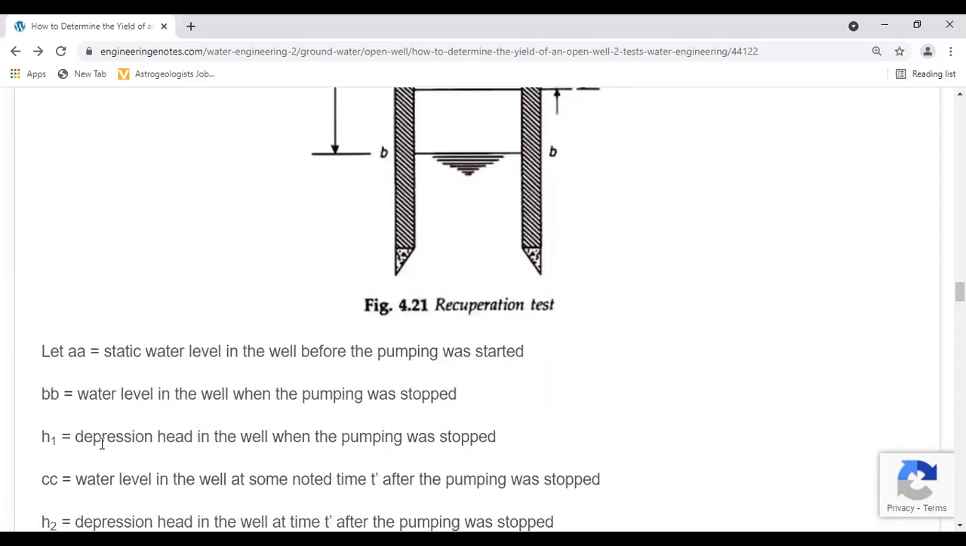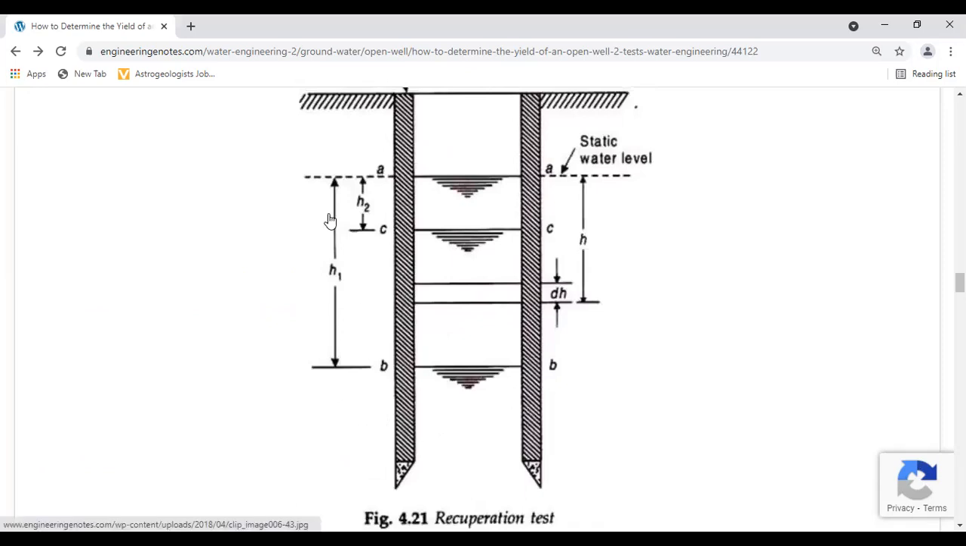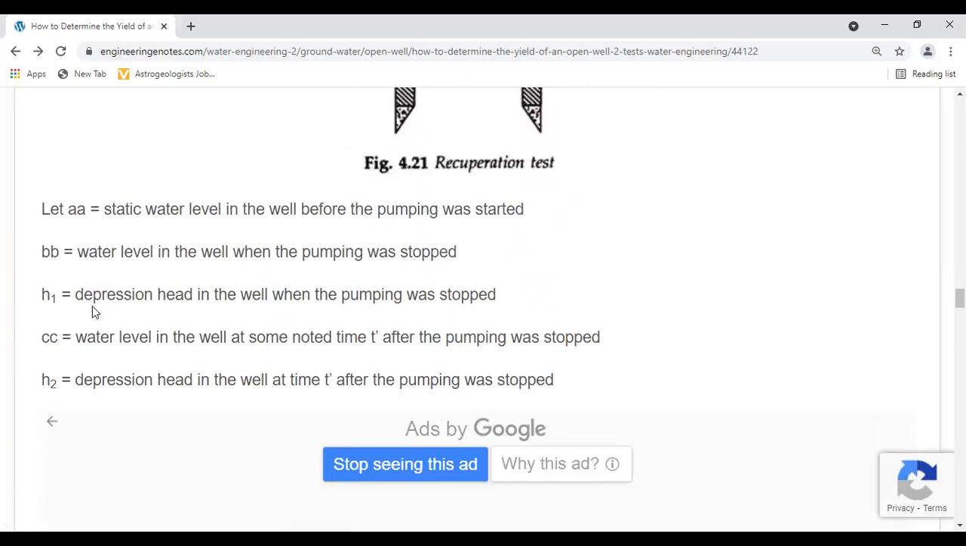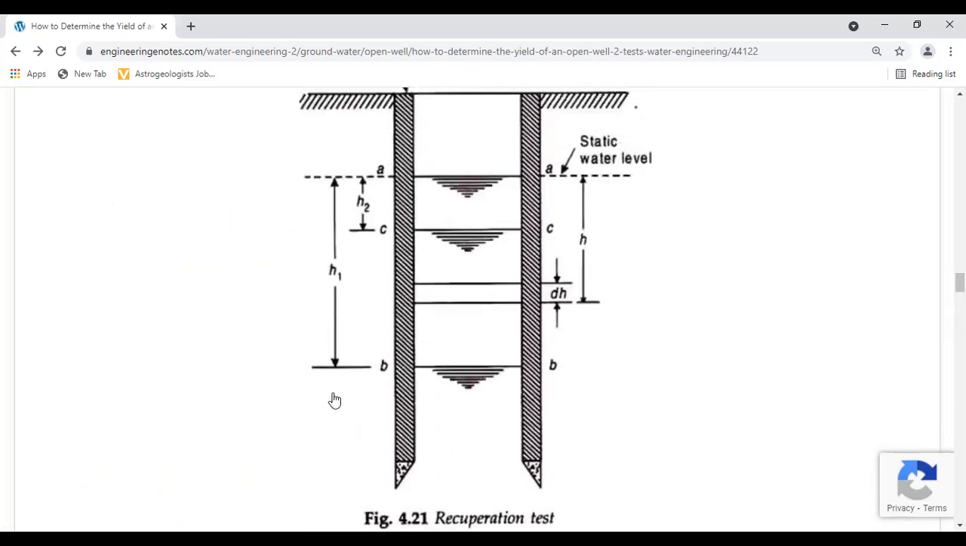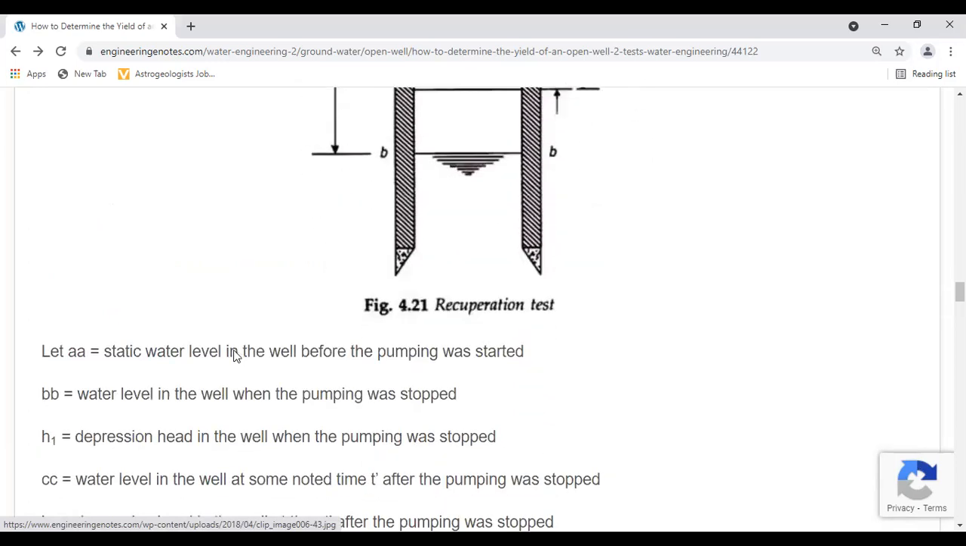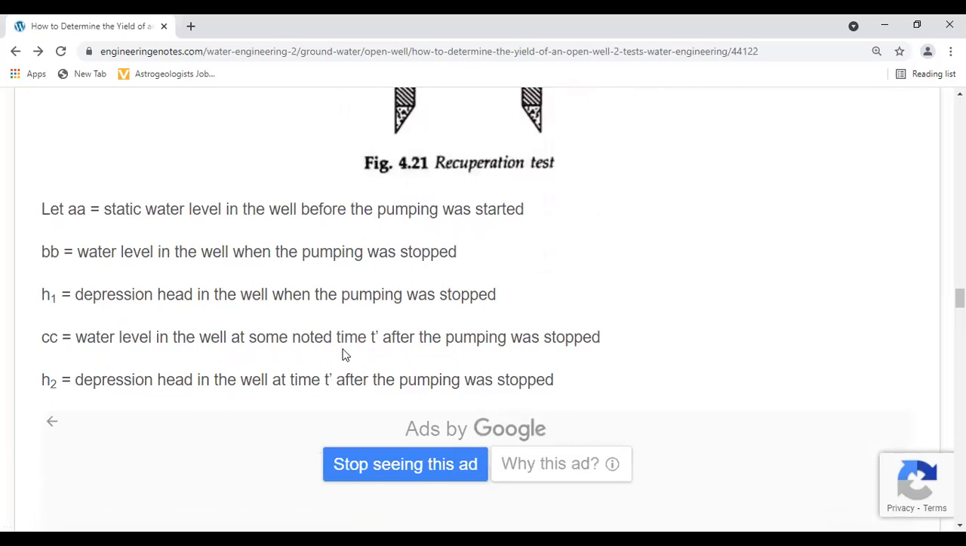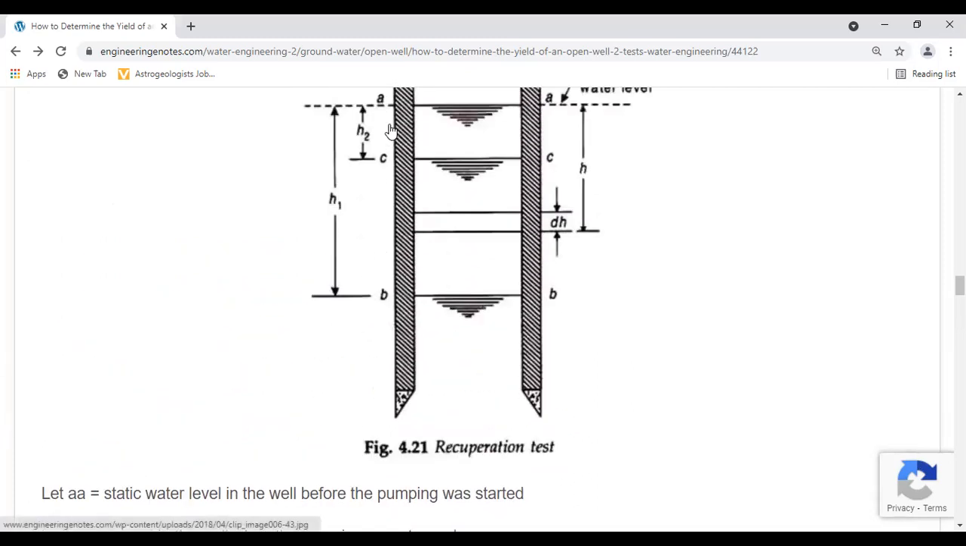And H1 is the depression head in the well when the pumping was stopped. This is the H1, the depression head when the pump was stopped. CC is the water level in the well at some noted time T after the pumping was stopped. And this is the H2,